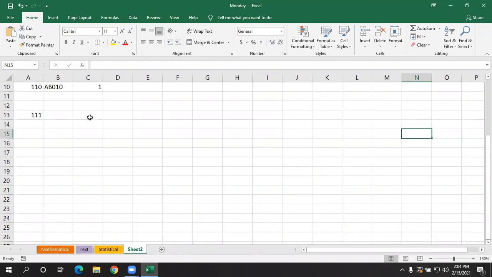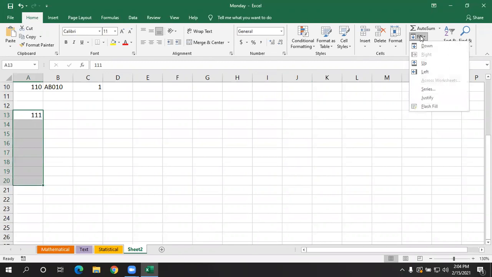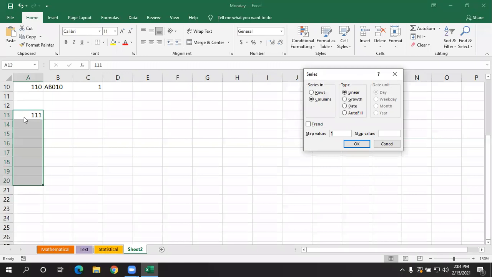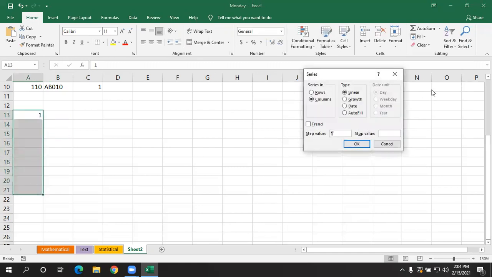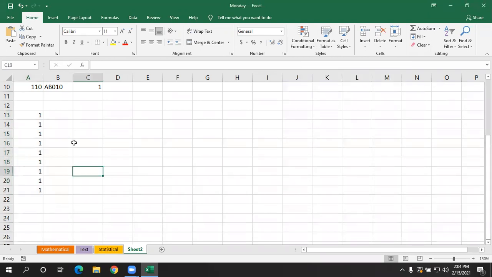Then what you have to do, you have to select the range, go to fill, select here series. Now I already selected this range column wise. Now if we just click on OK, it will show as 112, 113, but I want the same values. If I give here fill series, if you give here growth and then click on OK,